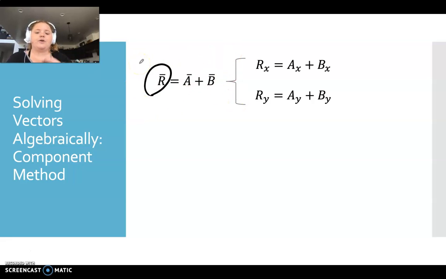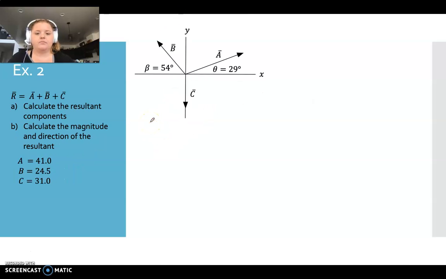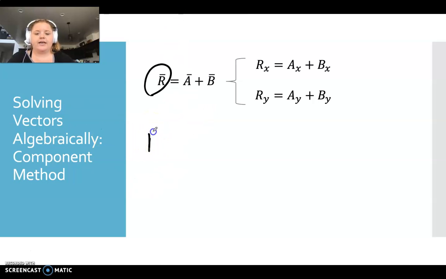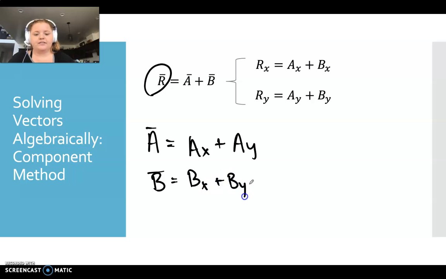Now we can say, okay, let's break that down into its components. Okay, so what we know is that A is AX plus AY, B is BX plus BY, okay,